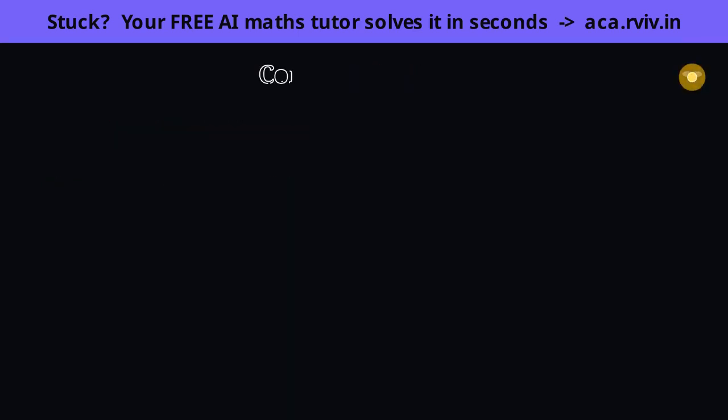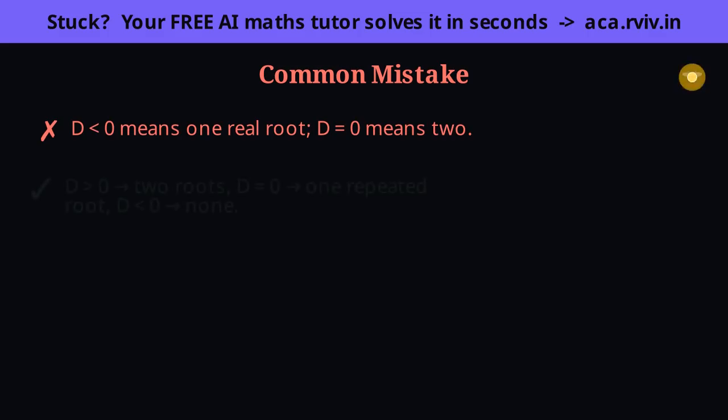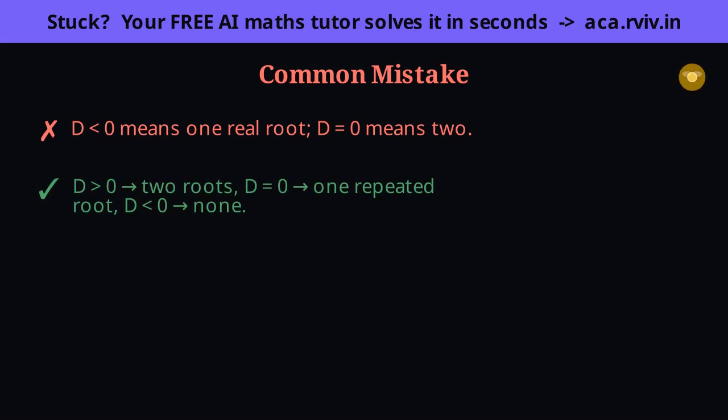Don't scramble the 3 discriminant cases. Students mix them up under pressure. Anchor them to the parabola picture. A positive discriminant means the curve dips through the axis at 2 points, so two distinct roots. Exactly 0 means the vertex just kisses the axis at 1 point, so a single repeated root, and negative means the curve floats clear of the axis, touching nowhere, so no real roots. Picture the parabola and you'll never match the sign to the wrong case.